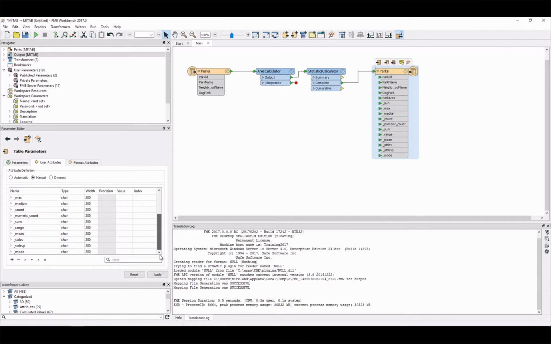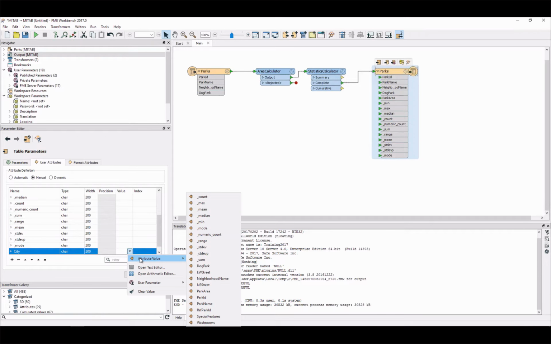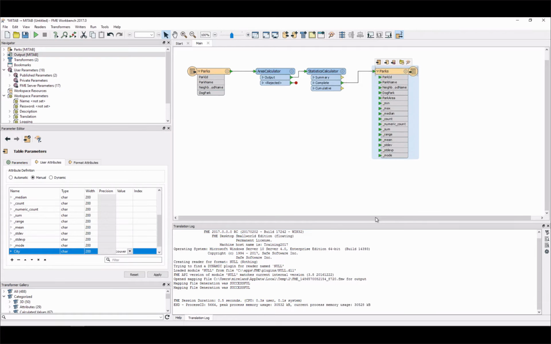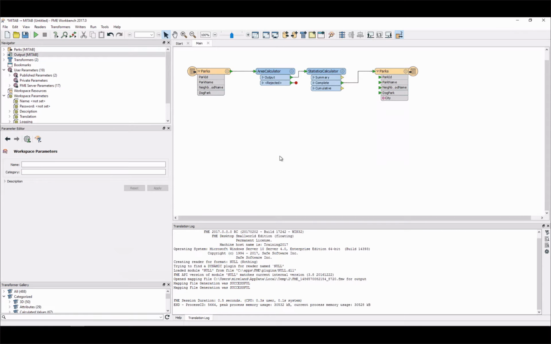Now, one other thing I wanted to note about this was that if I add a new parameter, say I add a city parameter, I can now set a value for it. So I can set an attribute value, a text editor value. So I can just type in a value like that, click OK. And that applies to the feature writer transformer as well. So if I look at the feature writer